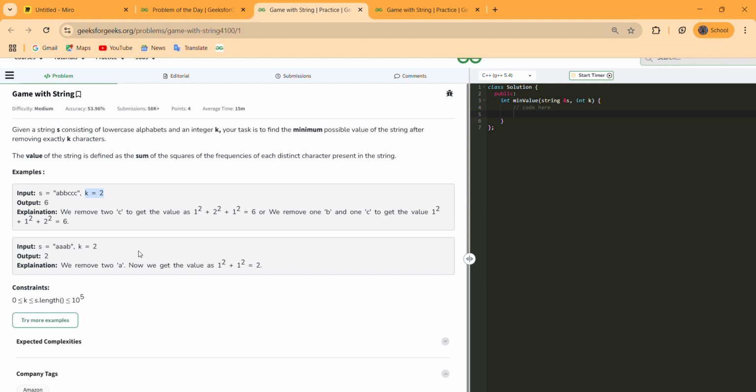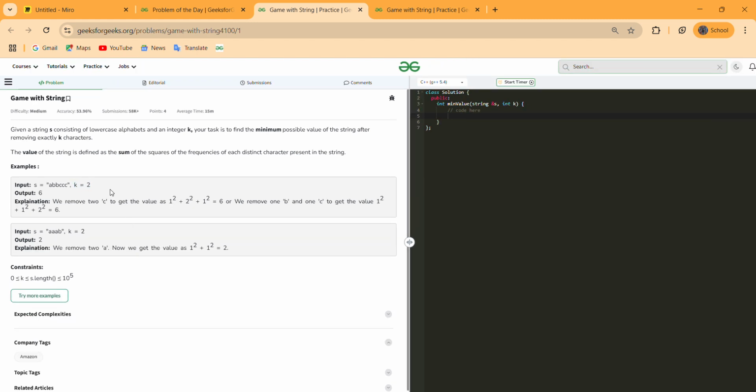So what will be the approach to solve this problem? First we have to count the frequencies of each character present in the string, and after that we can put those frequencies inside a max heap such that the top of the max heap contains the frequency that is the most among all of these.